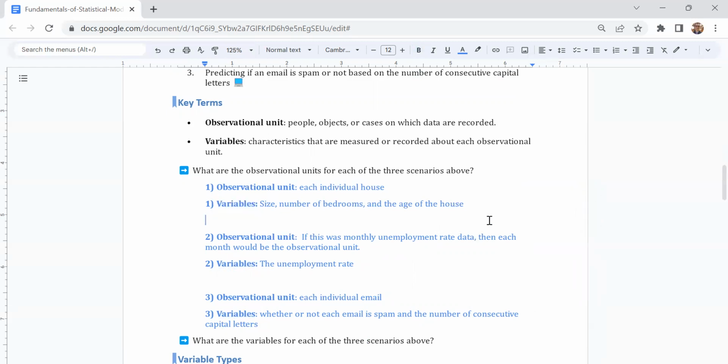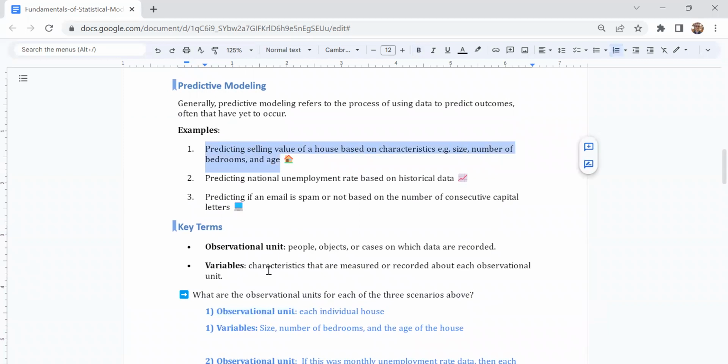It's important to be able to define these because in order to obtain a representative sample of the population that we're interested in, of the larger group that we're interested in, it's important that when we are selecting observations for our sample, we introduce randomization when we can, typically at the level of the observational unit. So for example, if we want to understand the relationship between the square footage, number of bedrooms, and age of a house and its selling price in Grand Rapids, it'd be important to understand that our observational unit is each individual house in Grand Rapids. So then we need to randomly select